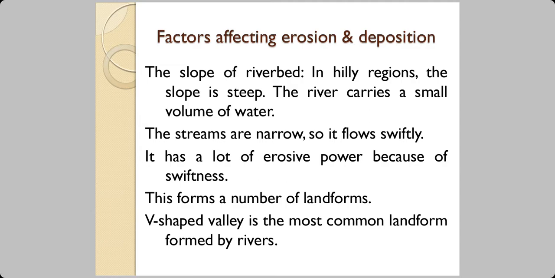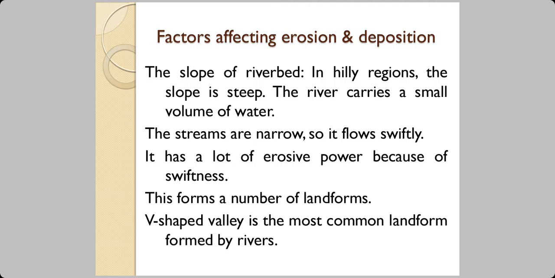So that is deposition. The slope of riverbeds in hilly areas is very steep, and the water carries a small volume, in the rivers or the streams in the mountains. They do not carry a large volume of water. It's only a small volume of water. But this small volume of water flows very swiftly. Now, this swift flow has a lot of power for erosion, and this forms a number of landforms and V-shaped